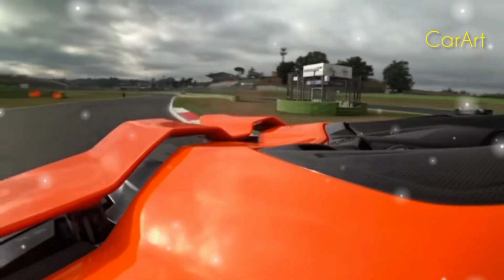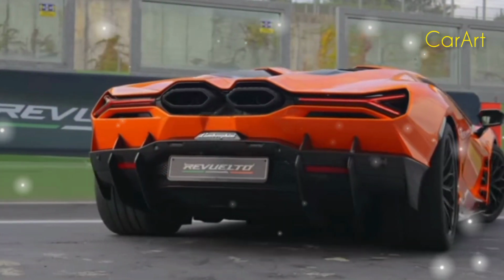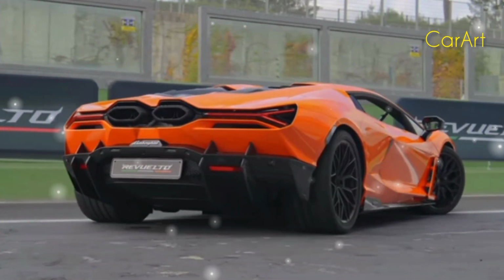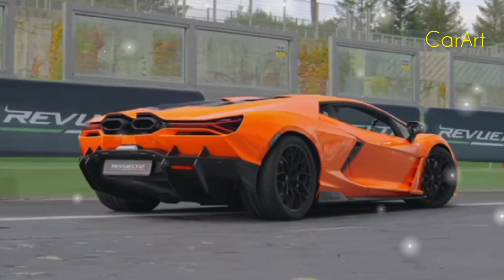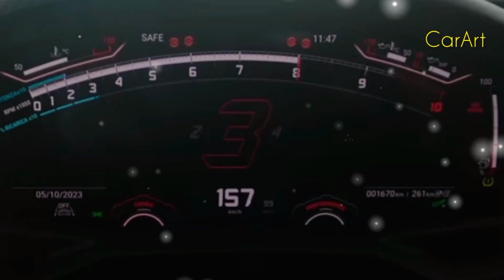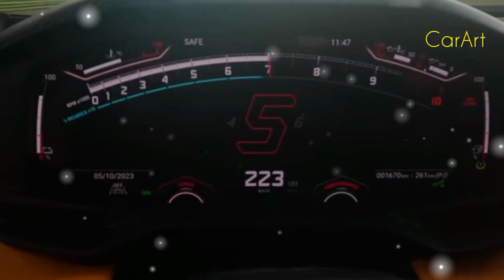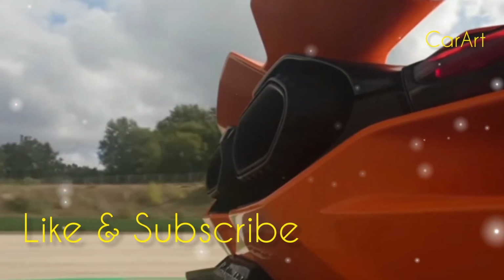Its cockpit is more space race than automobile. There are 4 rotors on the steering wheel that control drive modes, and additional buttons activate the turn signals as well as initiate the launch control. Lamborghini says the Revuelto has more headroom and legroom than the Aventador, which shouldn't be difficult. There's space behind the seats to fit a single golf bag as well, frunk space that can easily accommodate 2